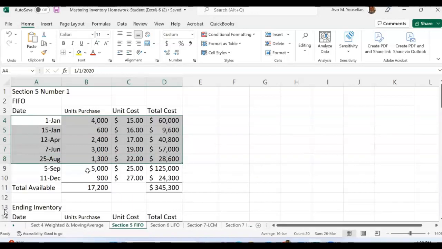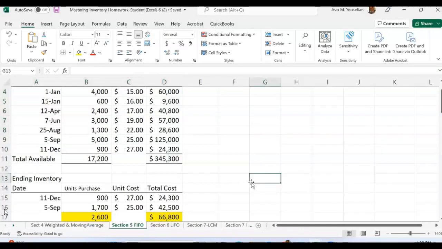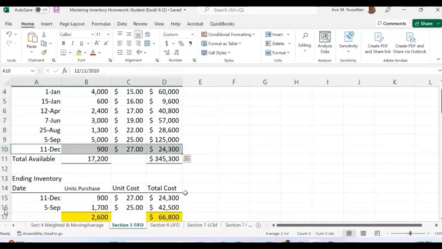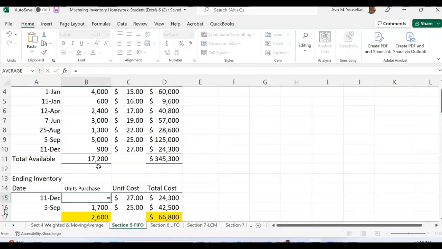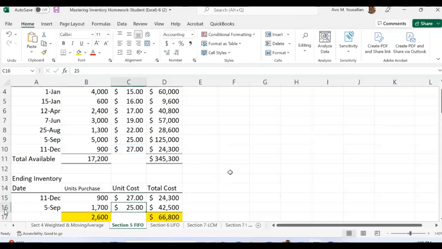So you go from the bottom of it and pick up 2,600 units. So if you go to the bottom, the first bottom layer is this purchase. So that is left right there. Okay, you copy that in here. So this is that. So this equals to that. Enter. This cost equals to that cost. Enter. And that is multiplying these two numbers, which is